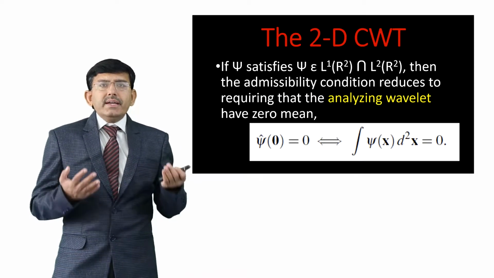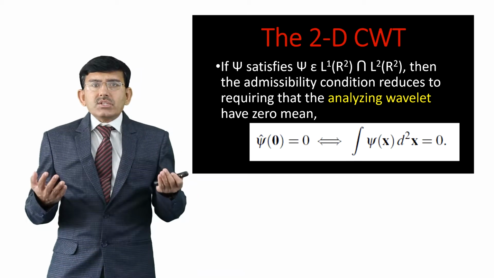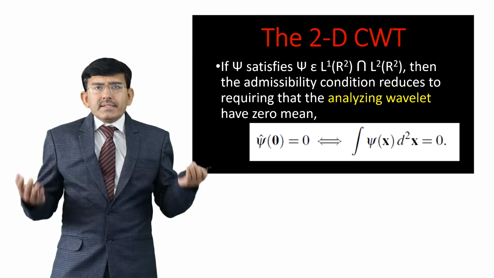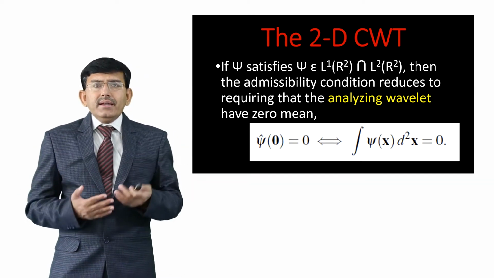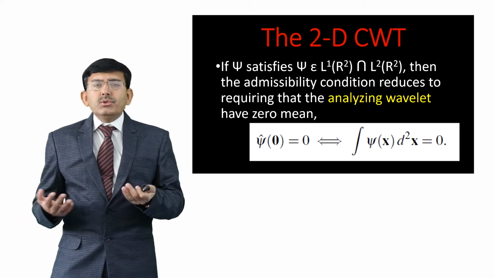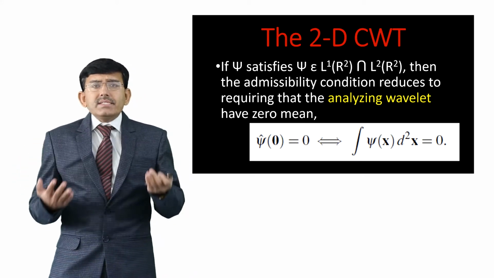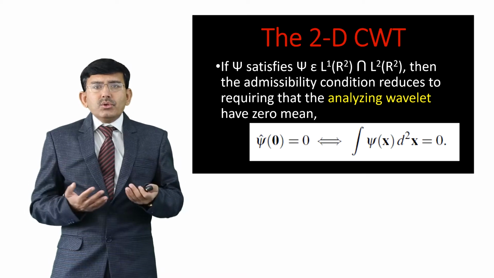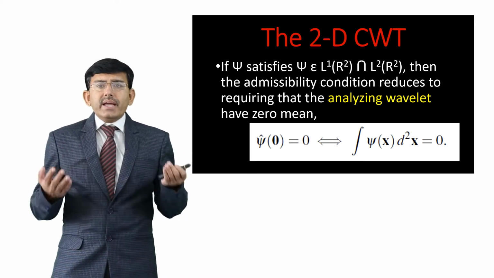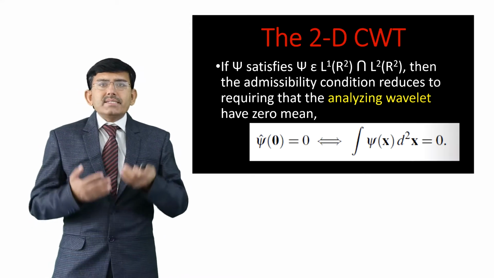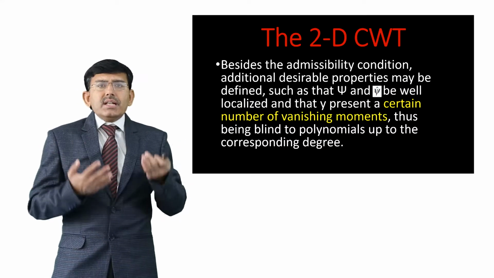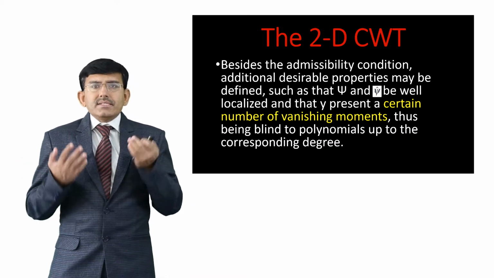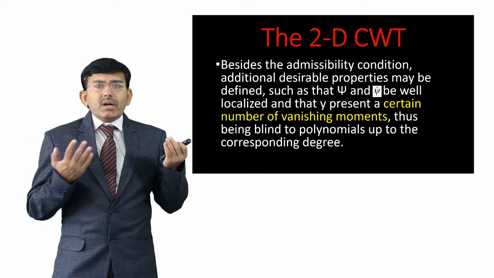If psi satisfies psi ∈ L²(R²) and psi ∈ L¹(R²) ∩ L²(R²), then the admissibility condition reduces to requiring that the analyzing wavelet has zero mean, that is, psi hat of 0 equals 0, or the integral of psi of x d²x equals 0. Besides the admissibility condition, additional desirable properties may be defined, such as psi and psi hat being well localized